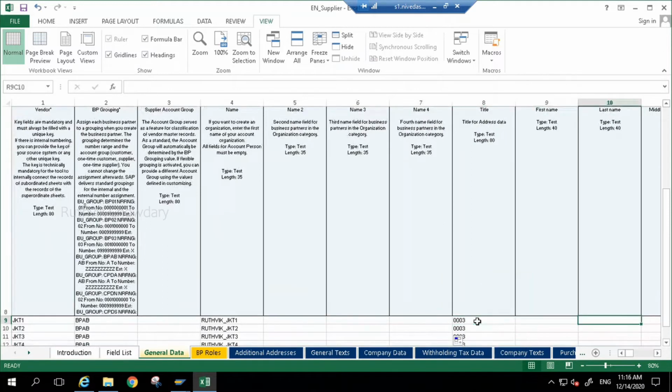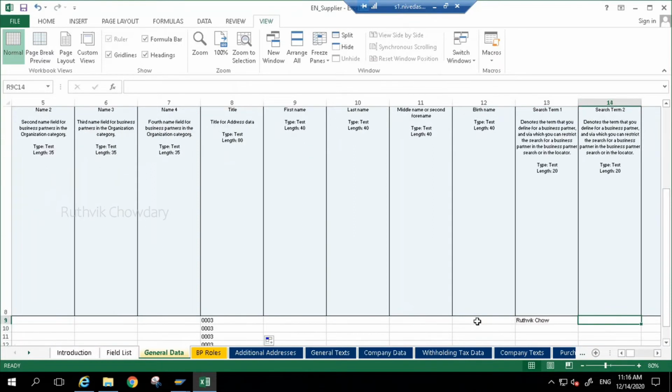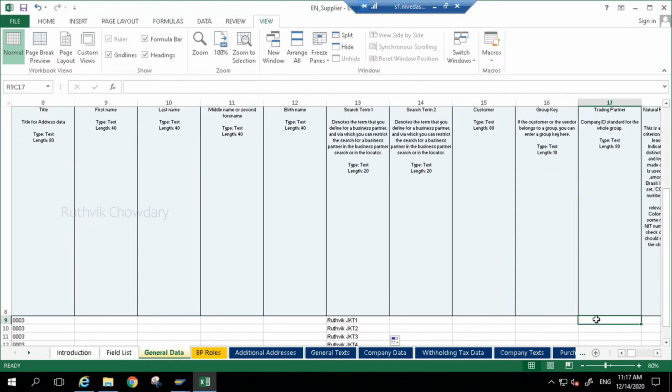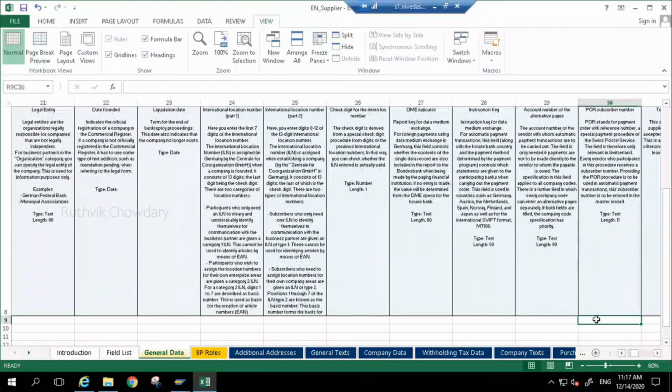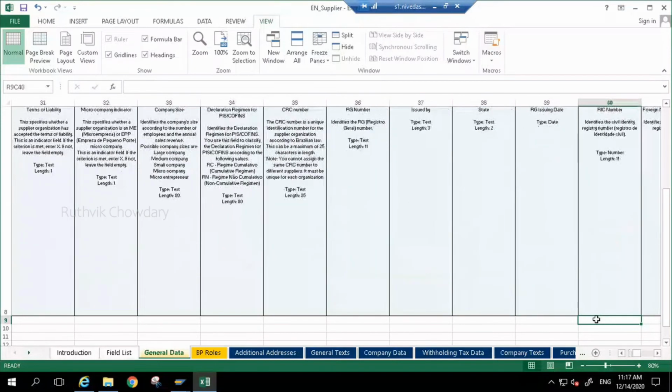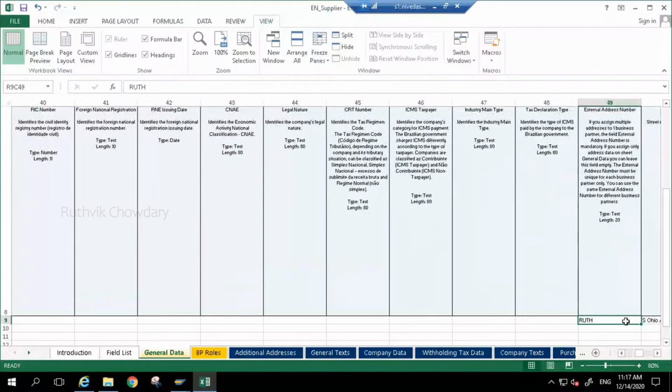Okay, grouping, title I have given, and search term is there. So let me use search term as well. Okay, search term also everything came. If you come all the way towards the left, here you will have language and all the other details.